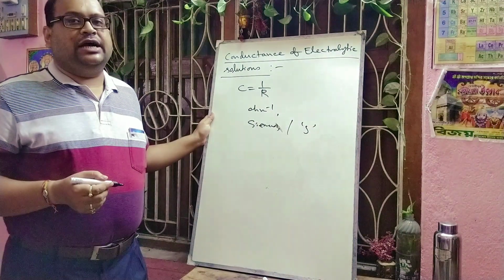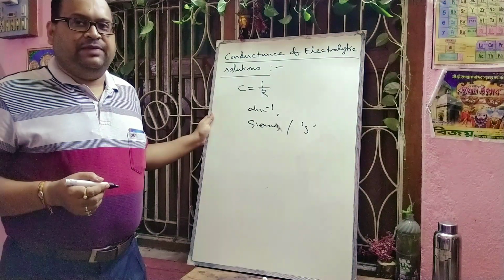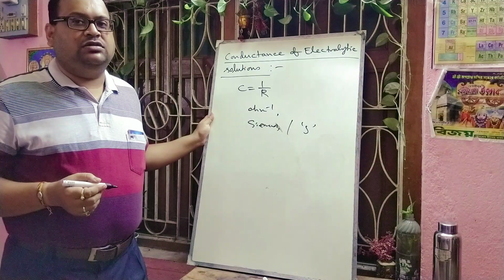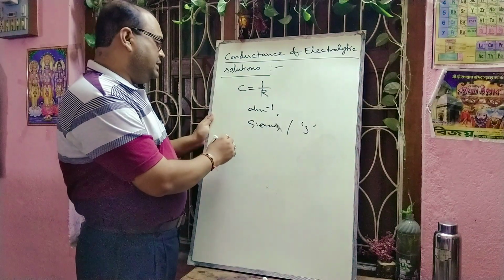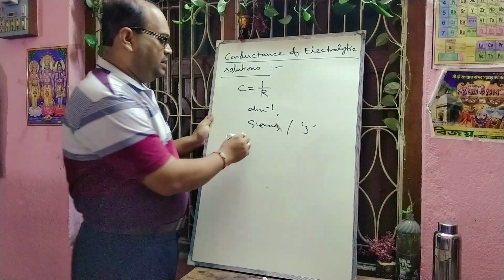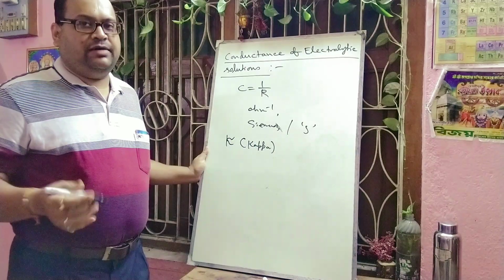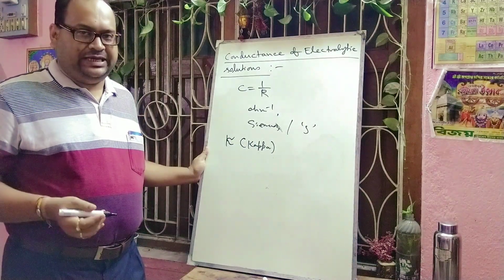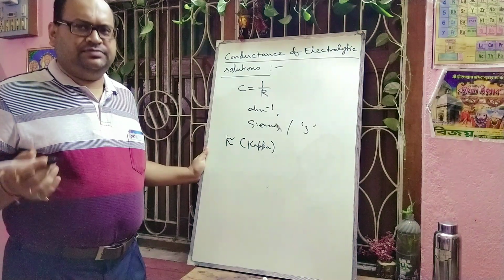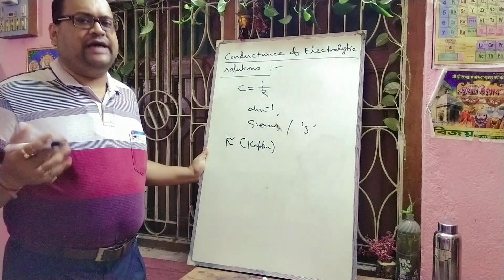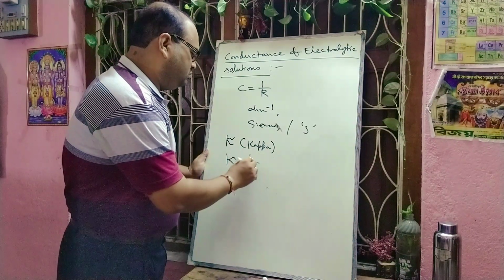Next we will discuss the conductivity or specific conductance. The reciprocal of the specific resistance rho is called conductivity. It is generally represented by a term that is called kappa. So according to the definition, the reciprocal of specific resistance rho is called conductivity, and it is generally represented by kappa. So the value of kappa will be 1 by rho.